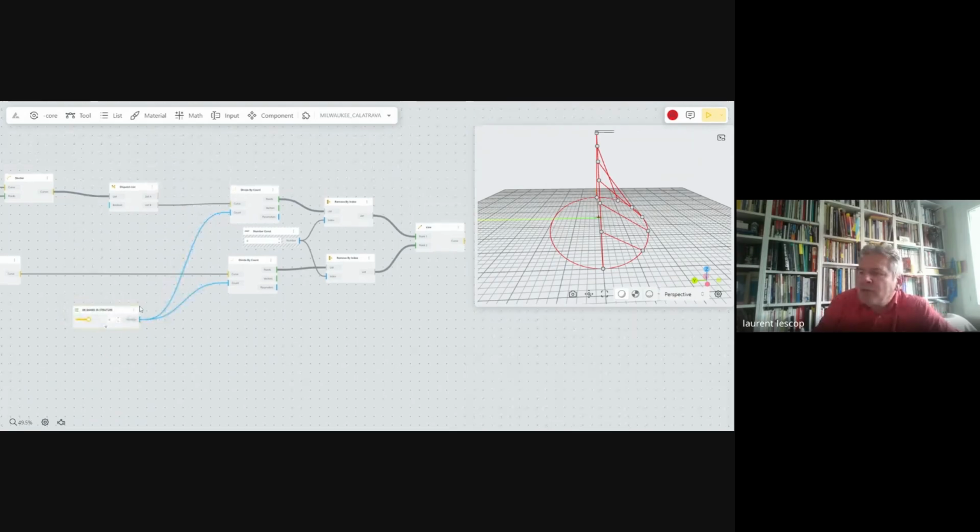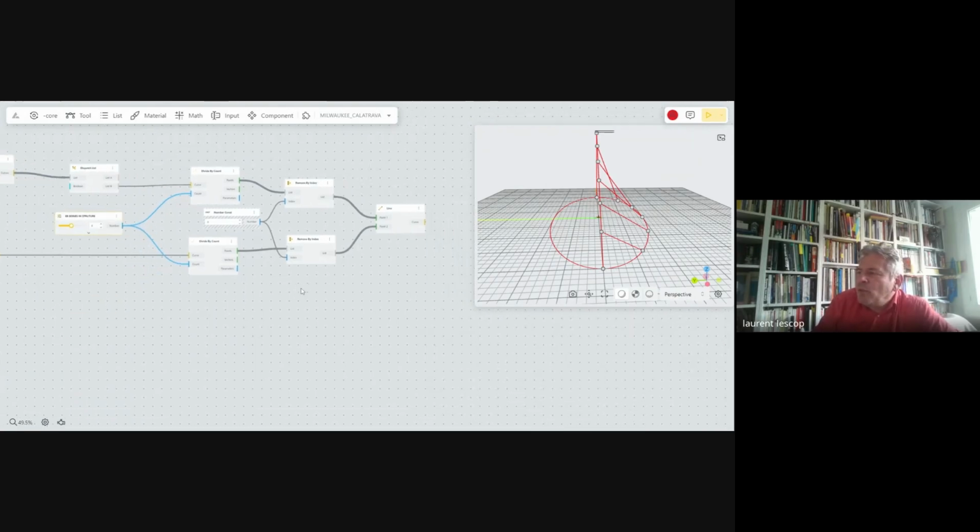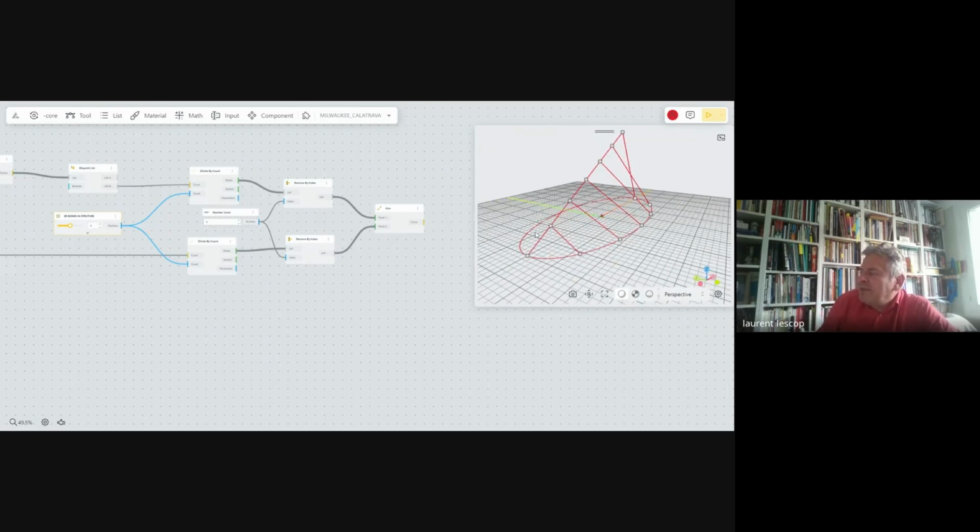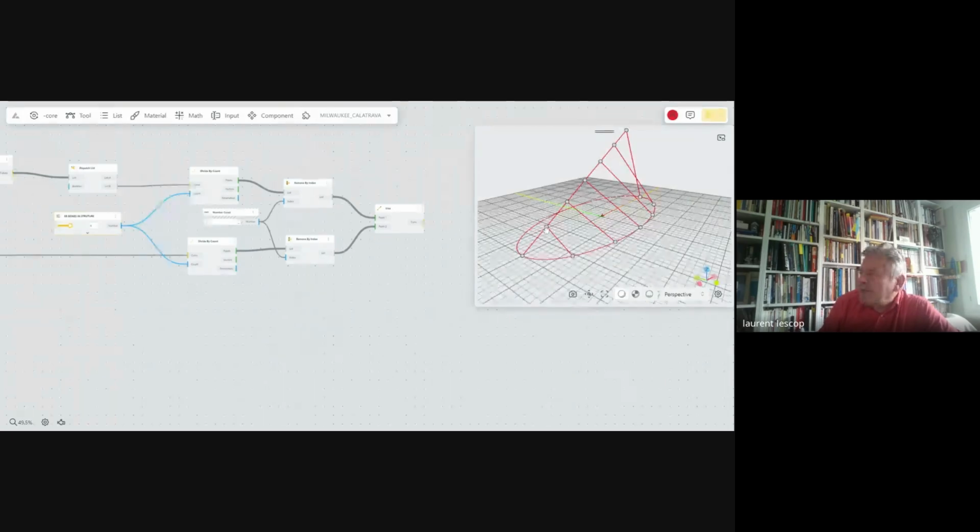Now we will have to do the same with the other side. What we saw is that it was twisted. It's because if we number the points, here we have number 1, number 2, number 3, and so on. But on the other side it goes 0, 1, 2, 3, 4, 5, 6.